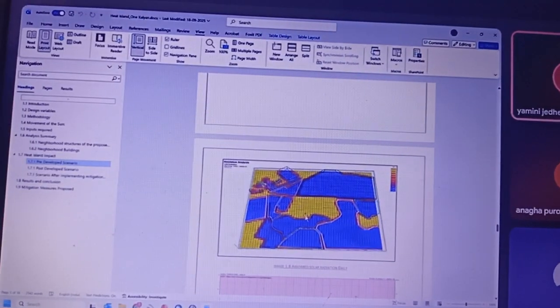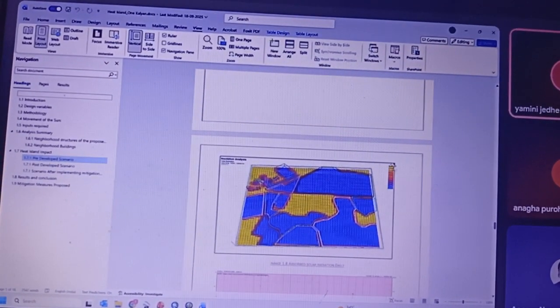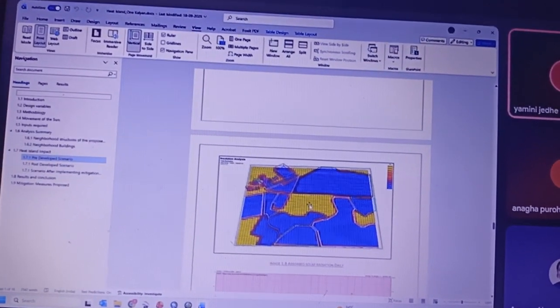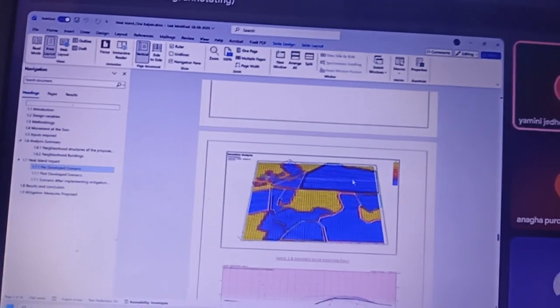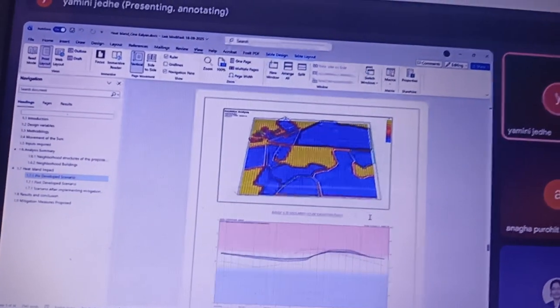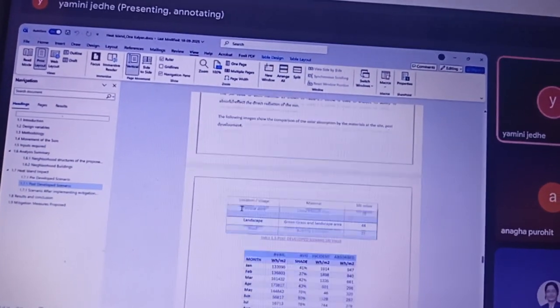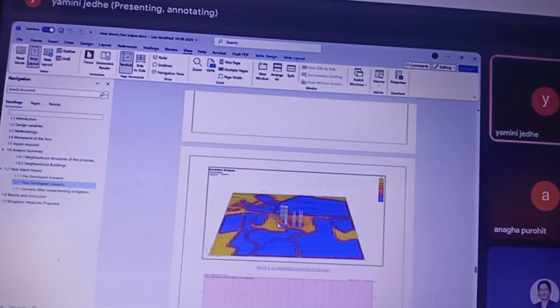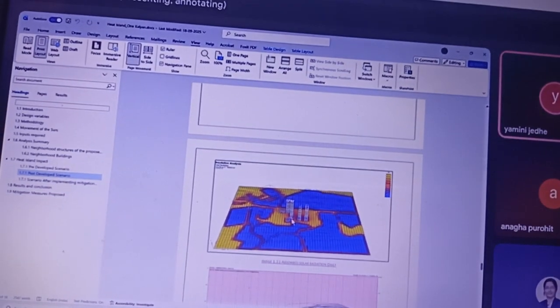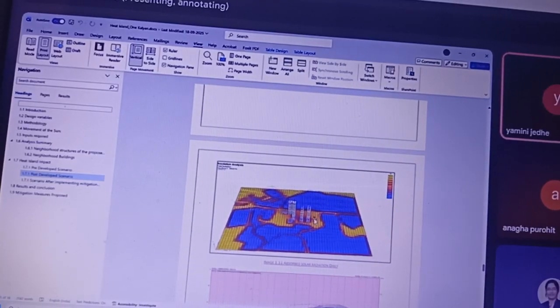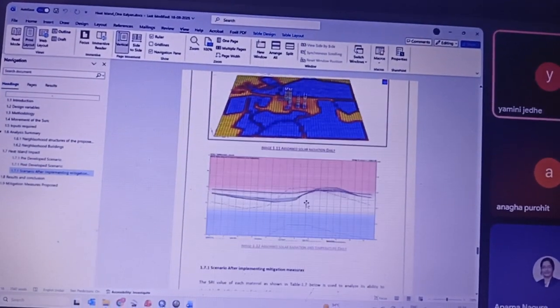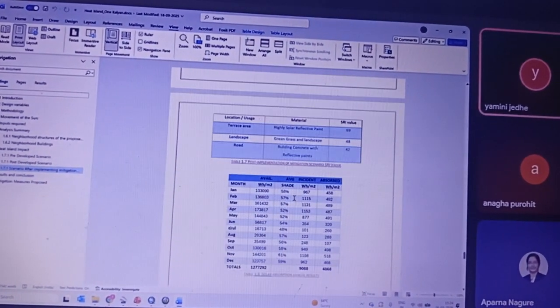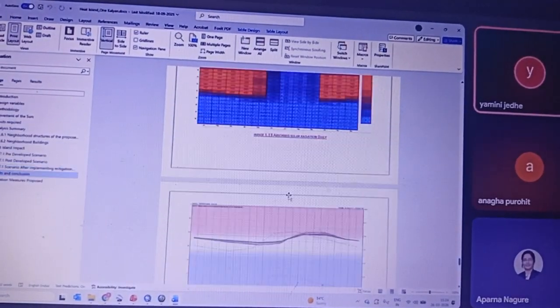So here you can see the insolation analysis: the maximum amount of heat energy is absorbed in the area, but the developed areas try to reduce the energy absorption. In the post-developed scenario, you can see the heat absorption has increased quite a bit, very high. And when we apply the mitigation measures, we will also reduce it.